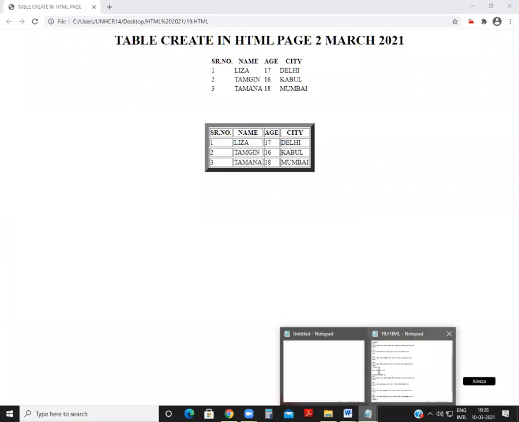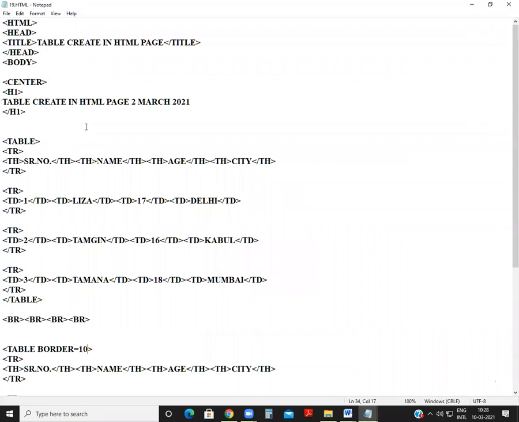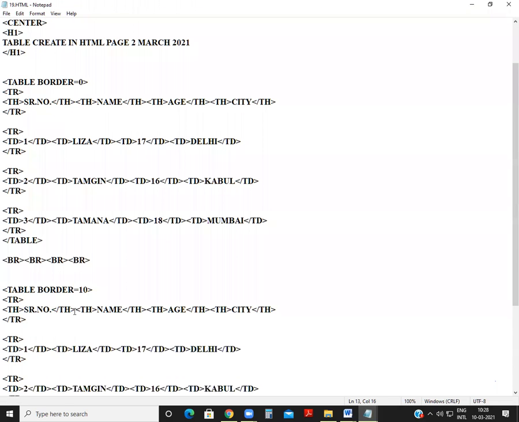So we have two kinds of table. One is borderless, another is with border. If you want to make a table without border, write only the table, or otherwise you can write here border 0. You have two options. And if you want to increase the thickness of the border, you can write here 10, or you can write 50 also.